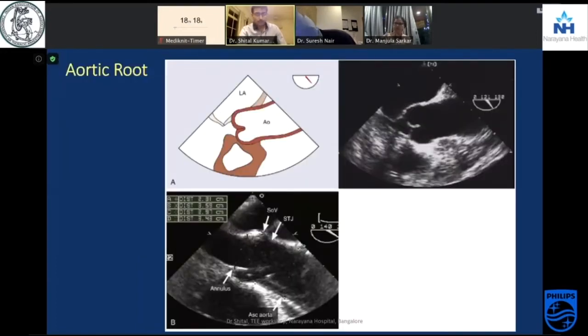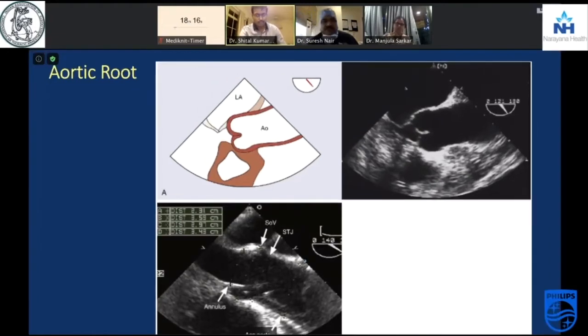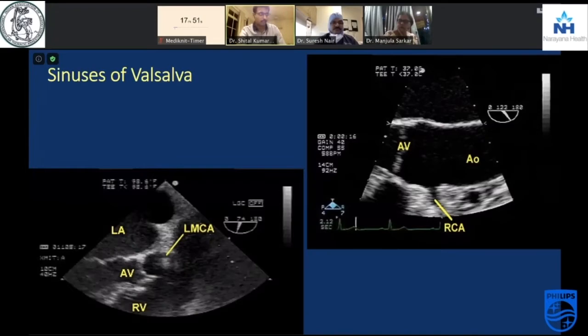So what I'm going to do is initially, for about 2 or 3 minutes, just run a normal aorta. That's just training your eyes to look at what is normal before going into what is abnormal or pathologies. The aortic root includes the annulus, sinuses of Valsalva, and sinotubular junction. The sinotubular junction is the segment that joins to the proximal aorta. Remember, this is the weakest segment.